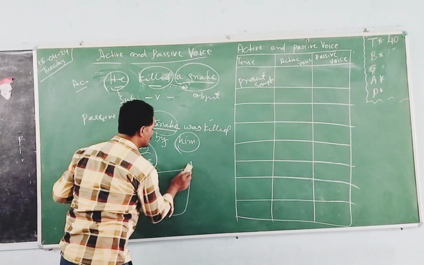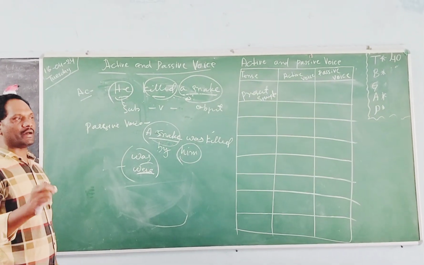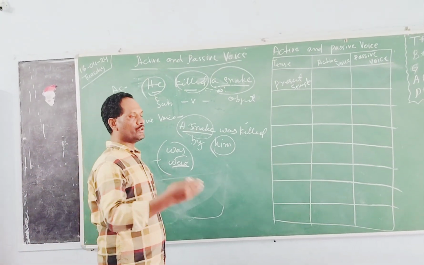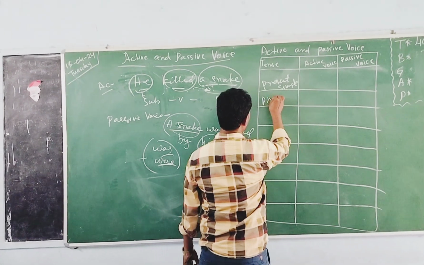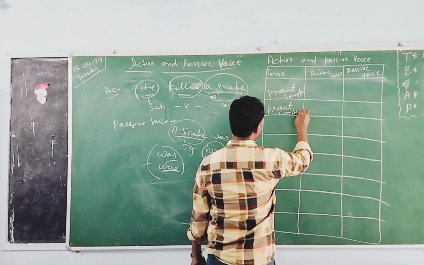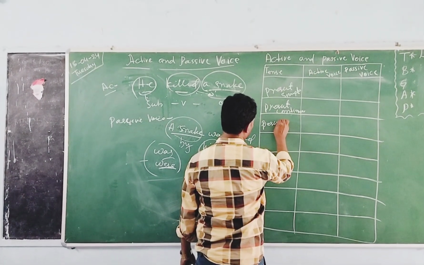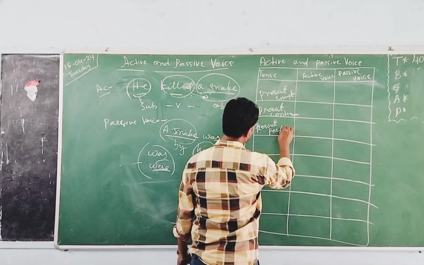Altogether we have 12 tenses, but in active and passive voice we use only 8 tenses to change active into passive voice. These are the writing: present simple, present continuous, present perfect,